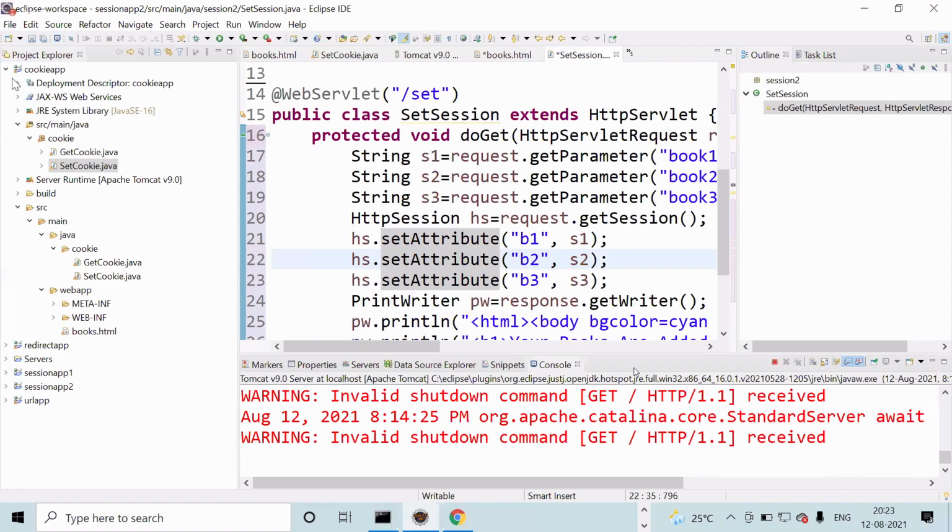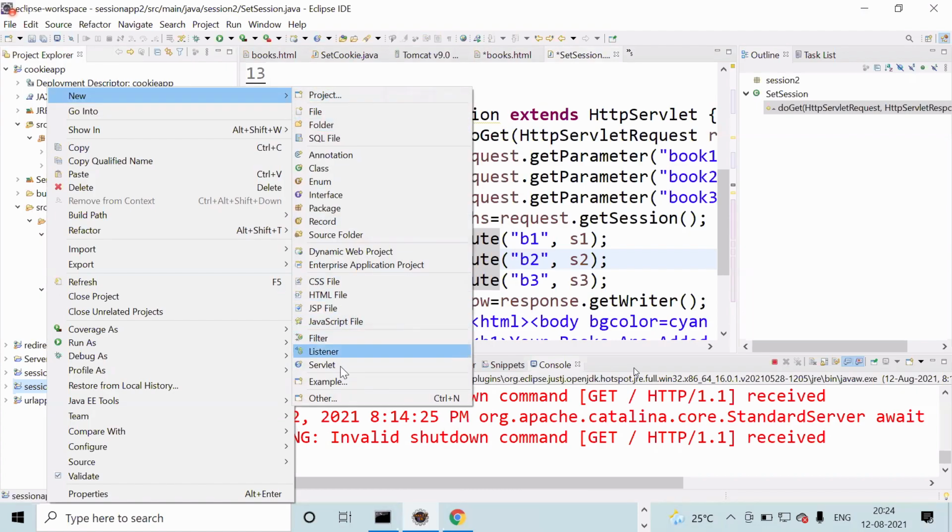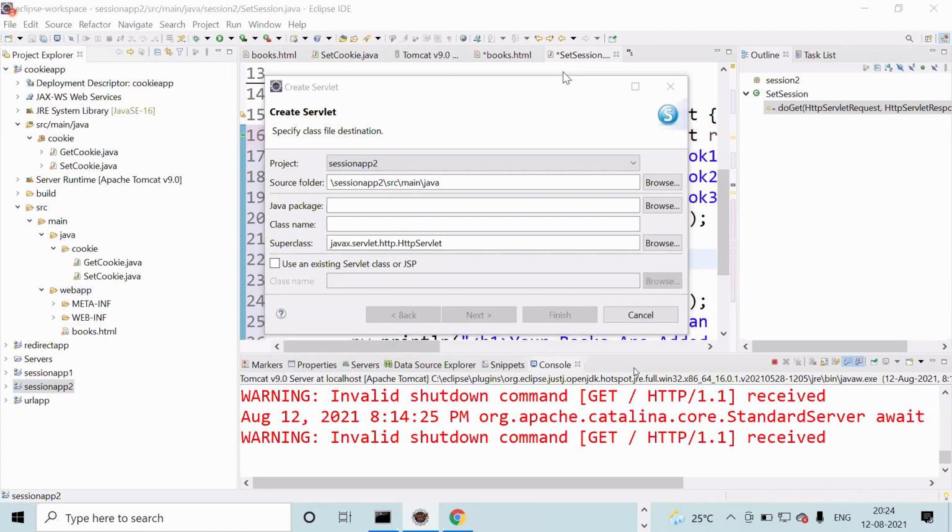Next, one more program. Session app 2, right click, new servlet. Now you observe, it is Java package session 2, package name, class name getSession, like setSession, getSession.